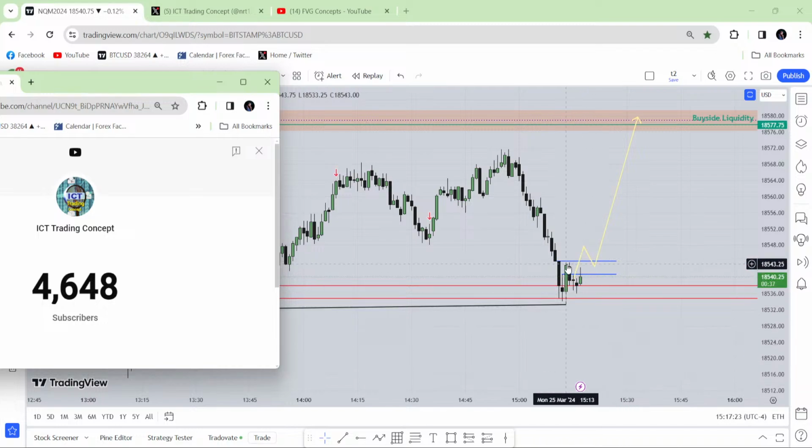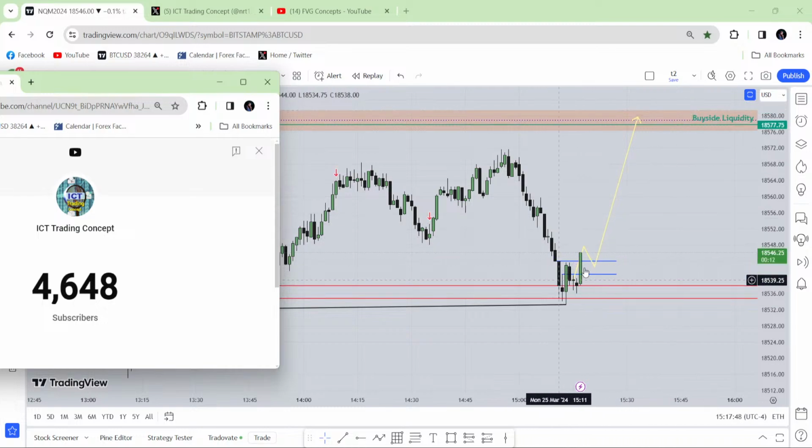Is there any swing high which is valid for shifting market structure? Absolutely not. There is not a single swing high which is valid for shifting market structure until now. What are these two red lines? The 15-minute last fair value gap. Where did the price come? To the 15-minute last fair value gap. Is it going higher? It can be. What should I look for? Market structure shift, fair value gap, immediate reaction toward that buy side liquidity.